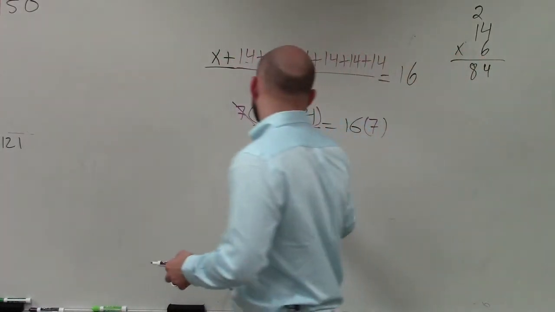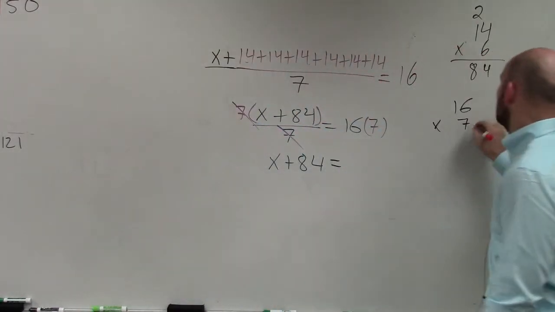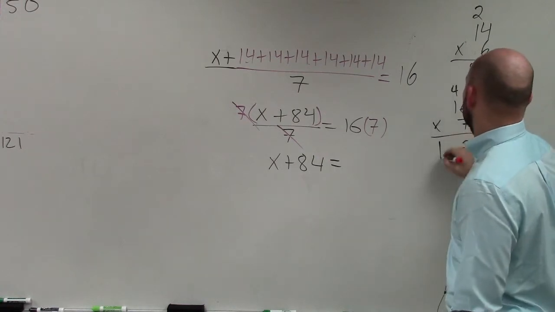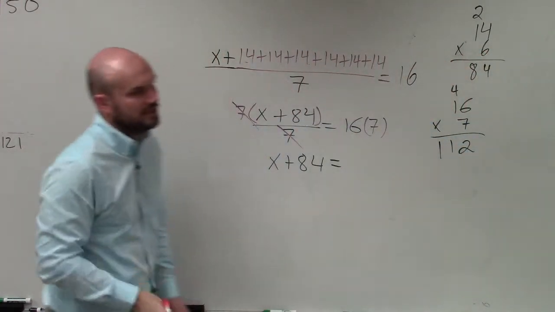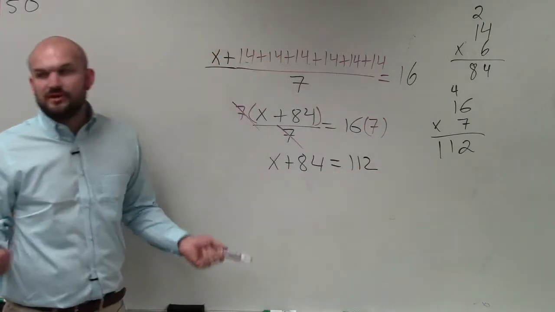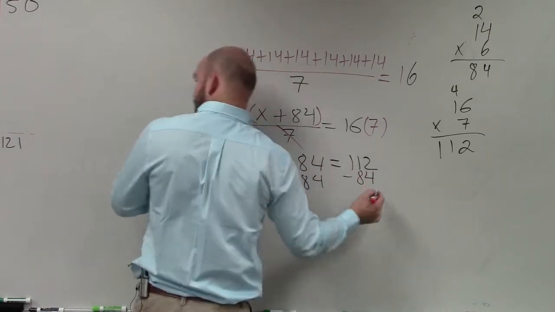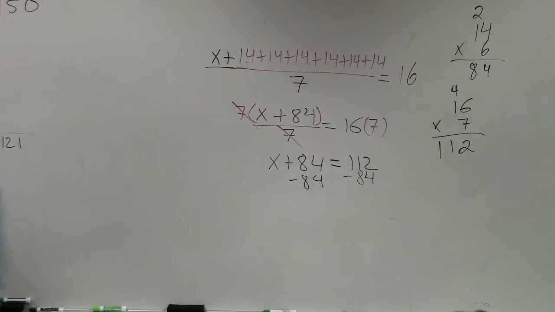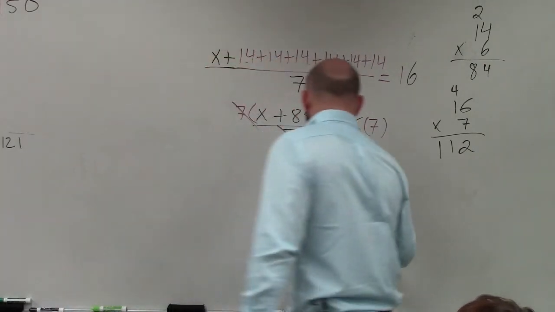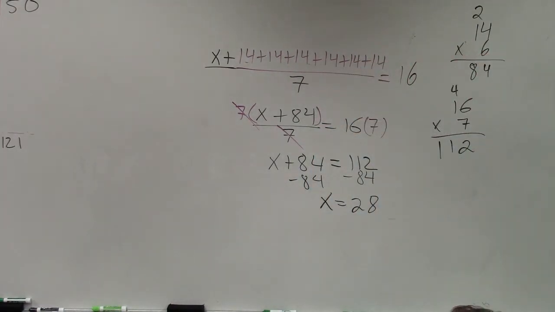So now I have x plus 84 equals, again, I'll just do the math over here so you guys can see it, 112. Now it's very basic to solve for x. So I subtract 84 from both sides, and then I have x equals 28. OK? And so I had a student comment today that